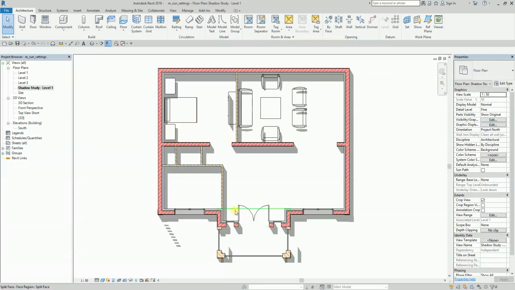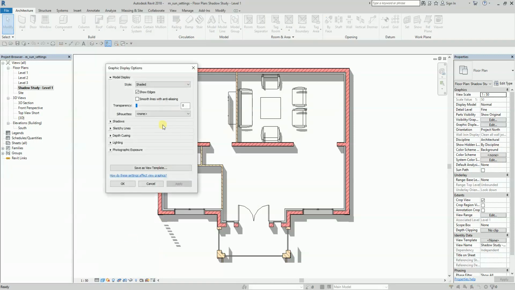Now, if you notice, our shadow here is kind of light. If you want to make it a bit darker, you can click this visual style here, and then go to the graphic display options. Take note, by the way, that my visual style here is shaded. Okay, so it's shaded view. So you go to the graphic display options, and then you go to